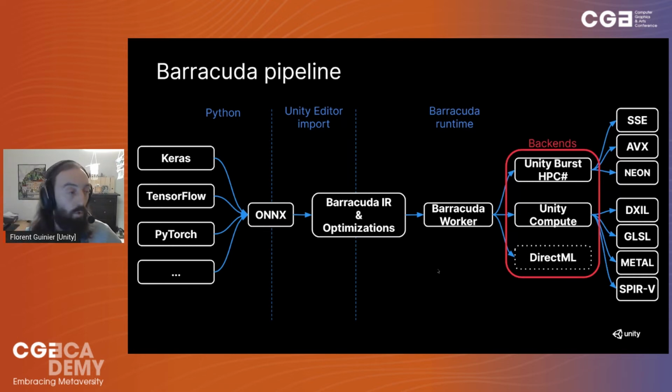But what if you want to use NPU, CoreML, NNAPI, DirectML, etc.? Then you could have another backend. We have successfully experimented with all of those different dedicated hardware, but we don't ship them at the moment. A note about DirectML: DirectML needs DirectX 12 as an API. And according to our stats, DX11 is insanely popular still for game developers. We'll see how it goes in the future. It might change.